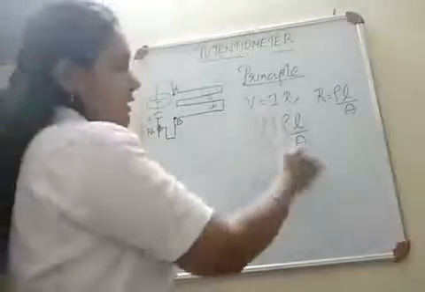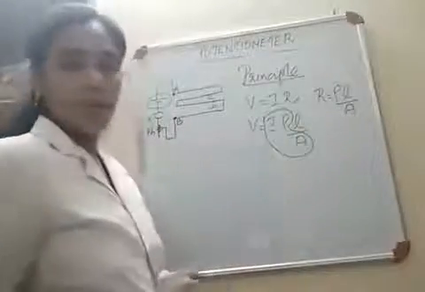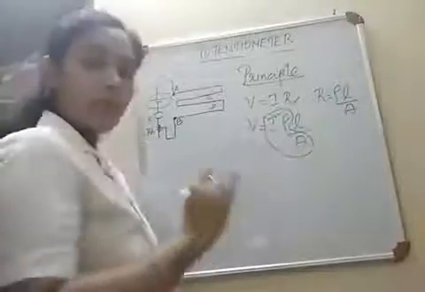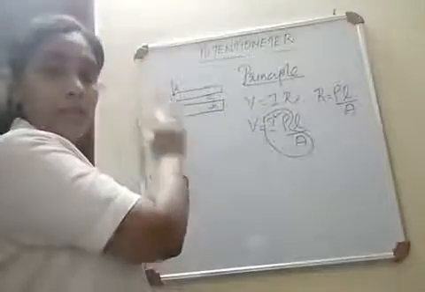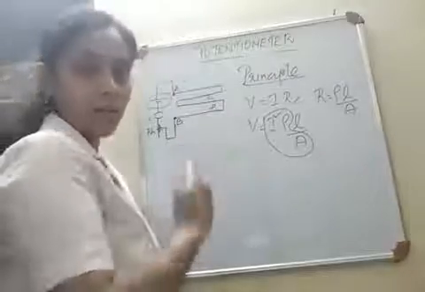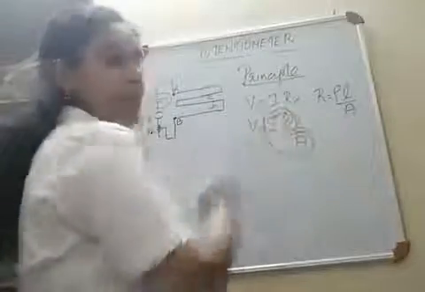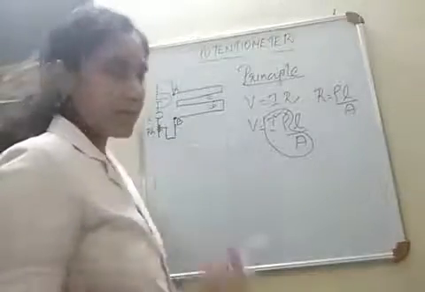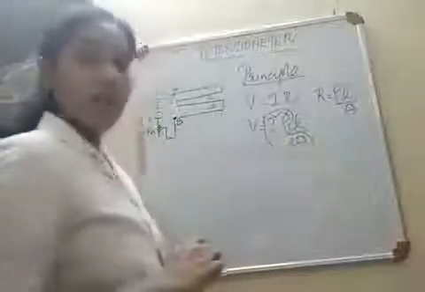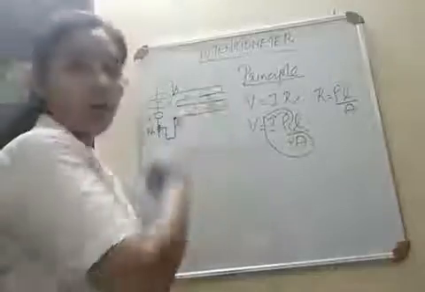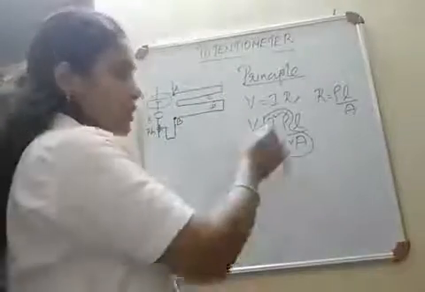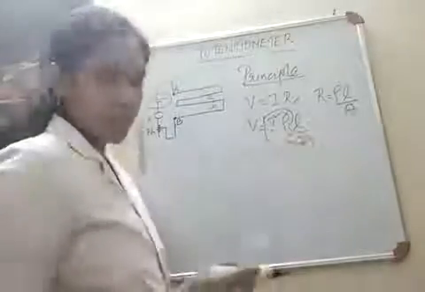Now just look at these three terms. All these three terms will be constant. It will be constant because this battery supplies a steady current to the circuit, a constant current. Rho, the material of the wire, will not change. From A to B, the material of the wire remains the same. Then A, the area of cross section. The wire is of uniform area of cross section, so that A is not going to change. So I, rho and A are constant terms.